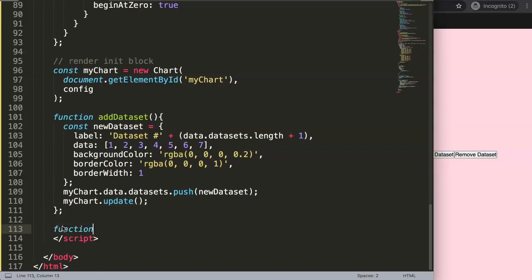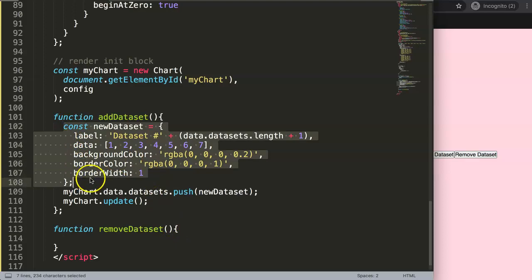And I say function, then I say here remove data set. And with remove data set, we don't have to do any kind of code or command. What we want to do is push, or sorry, pop. And pop means removing the last value of an array. So what we're going to do here, basically this here,